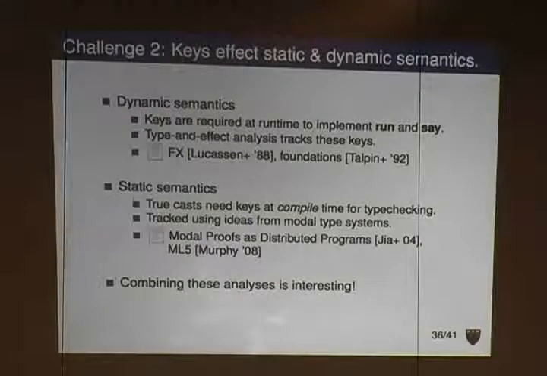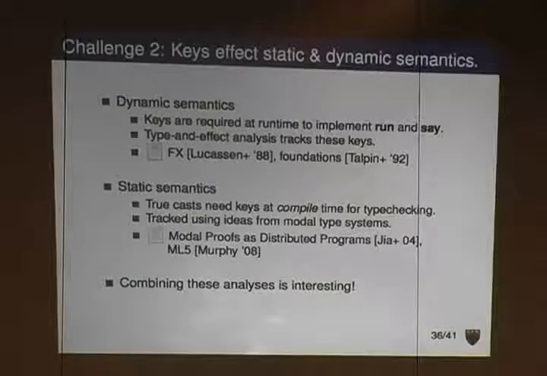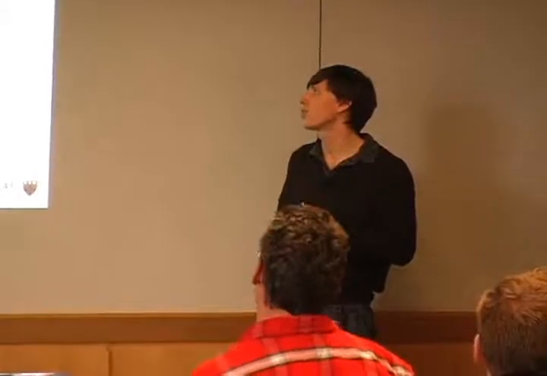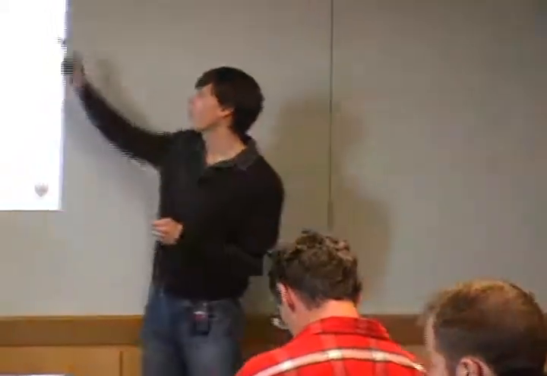So that's challenge one, this idea that it's hard to determine what types things have. You have to be careful when you're communicating about cryptographic objects, about ciphertext. The second challenge is that, as I alluded to, we have this use of keys and principals that gets reflected into checking the types of things. And that makes the analysis of Aura programs really interesting.